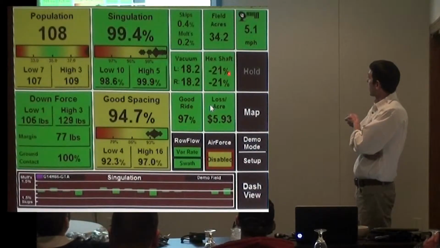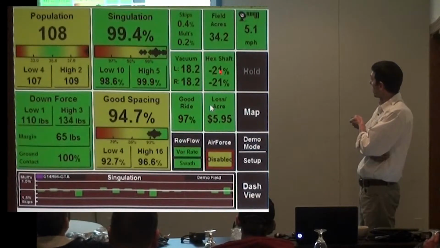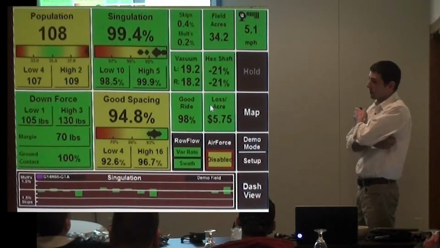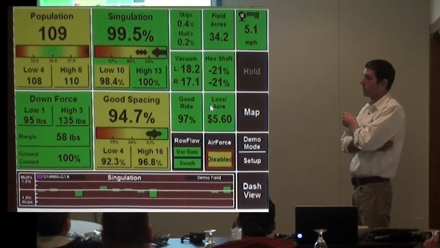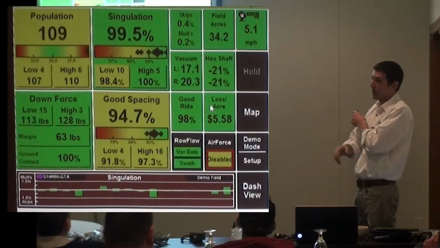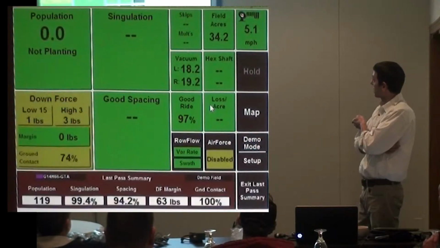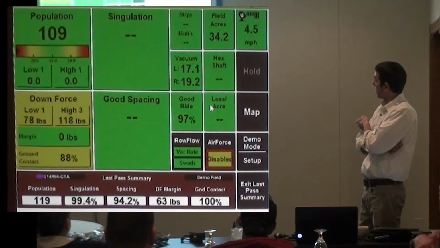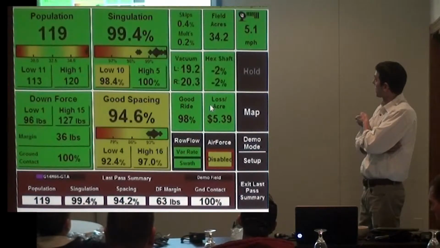Talk a little bit about hex shaft. Right now that is very high, 21%. It should be between -5 and +5. Hex shaft is comparing